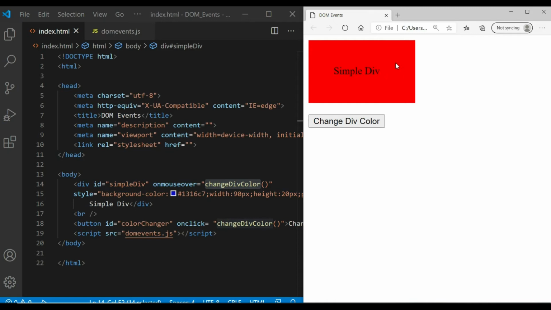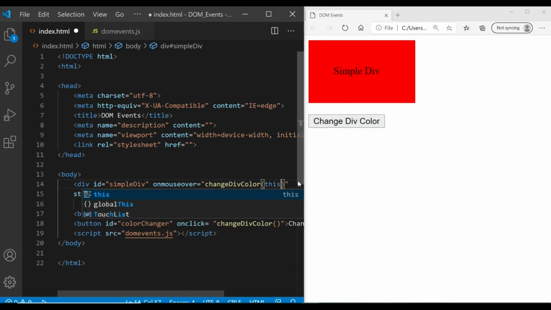One more thing is that when you are applying any event on whatever element, you can send this inside that function, and it will automatically capture the reference of that particular element where this event is added and pass it.